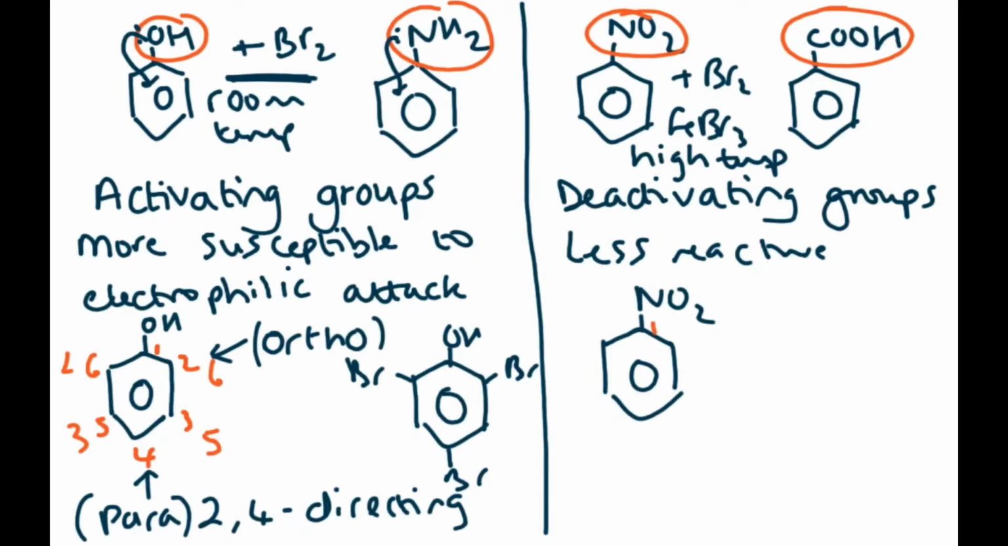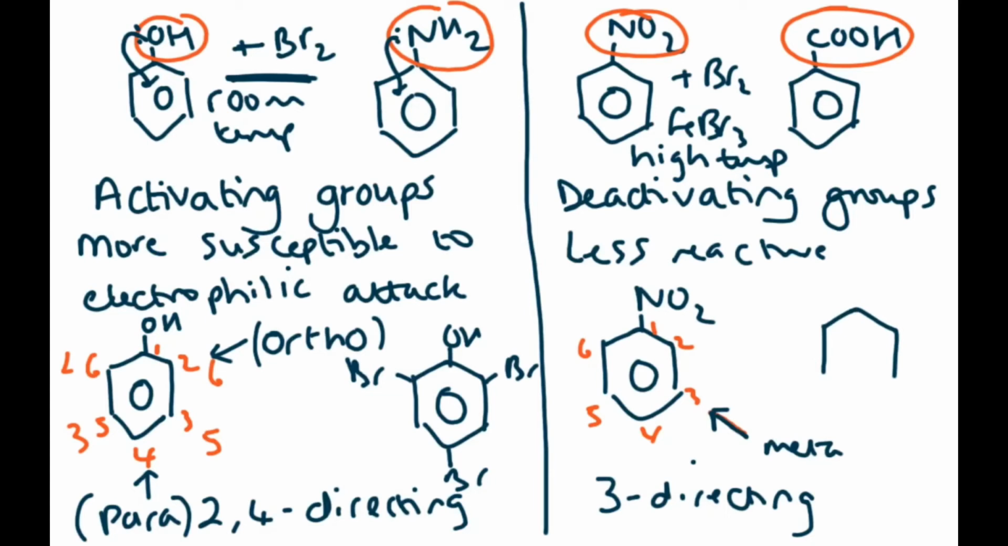carbon 1, carbon 2, carbon 3, carbon 4, carbon 5, carbon 6. Then the nitro group will direct the bromine to go onto carbon 3, which is the meta position, and so it's called a 3-directing substituent. Yeah, and so if you add bromine, then the only product you will get